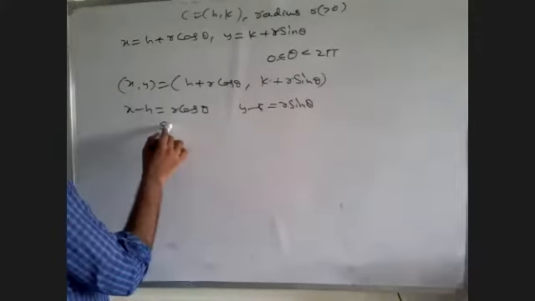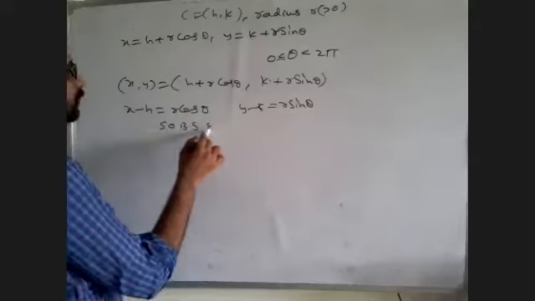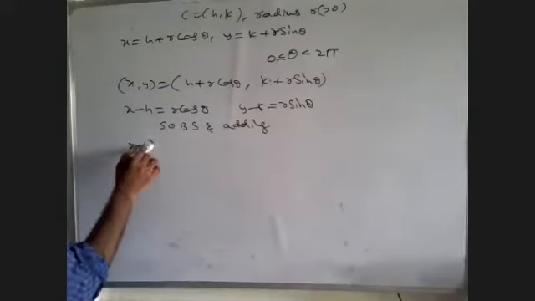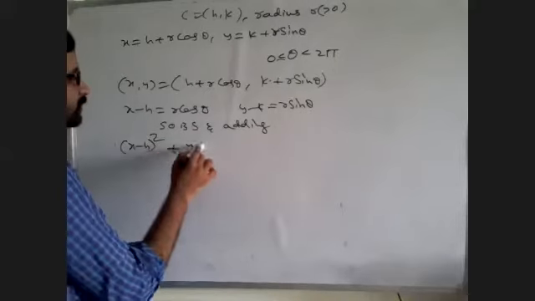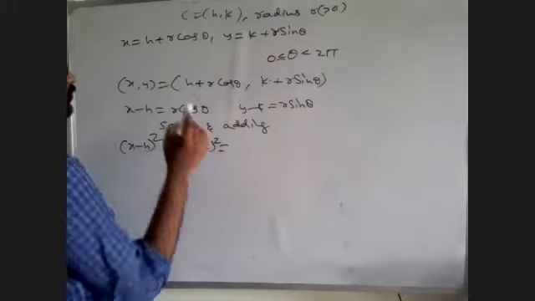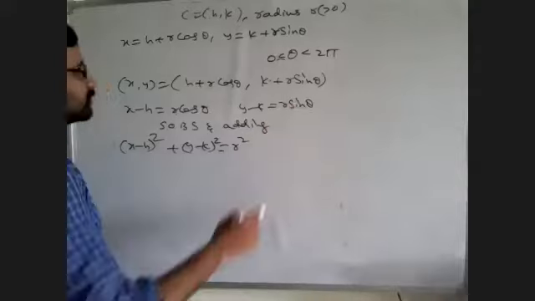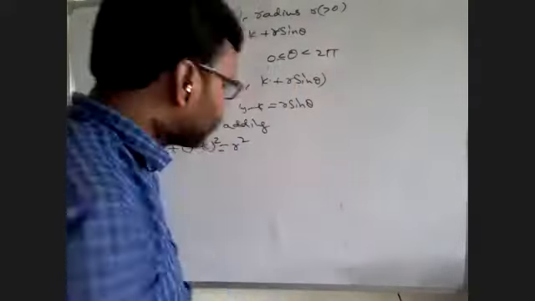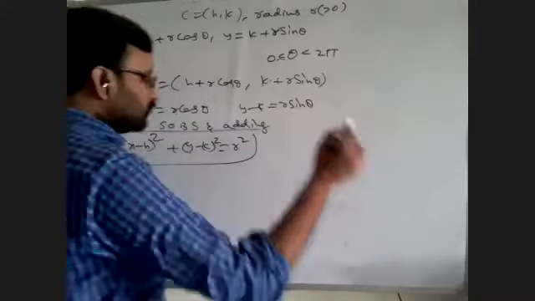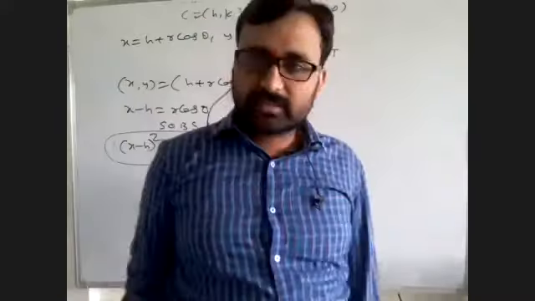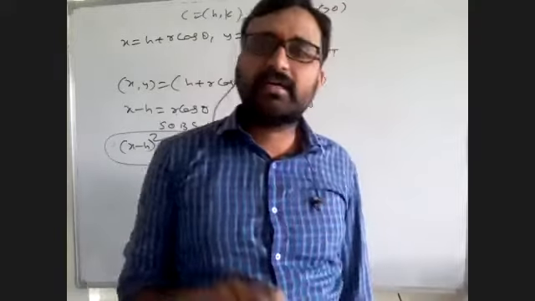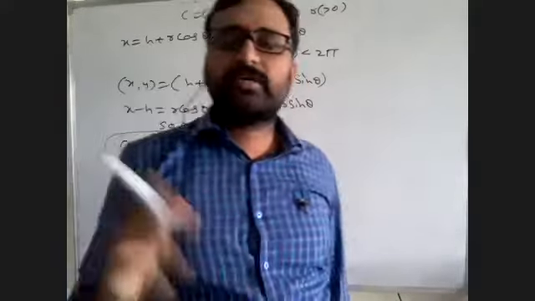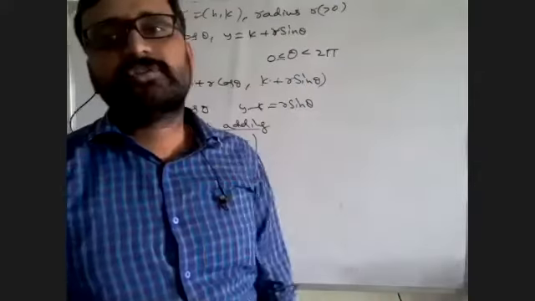Now squaring on both sides and adding both. Then this is x minus h whole square, and this is y minus k whole square, and it is equal to r square cos square theta, and this is r square sin square theta. If you take r square common, sin square plus cos square is equal to 1. This is the circle equation. Already we know. So parametric equations means which are satisfying the given condition, given equation, given circle, parabola, ellipse, hyperbola, statements, whatever it is, should satisfy.